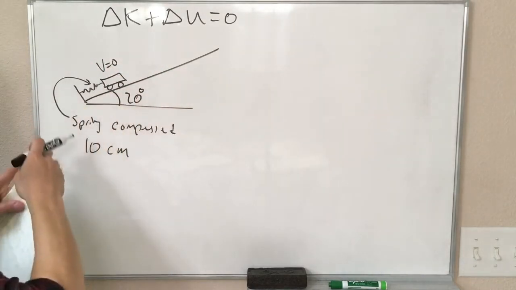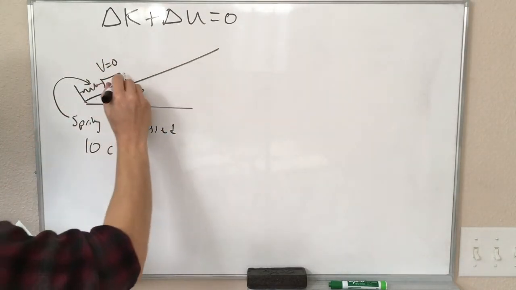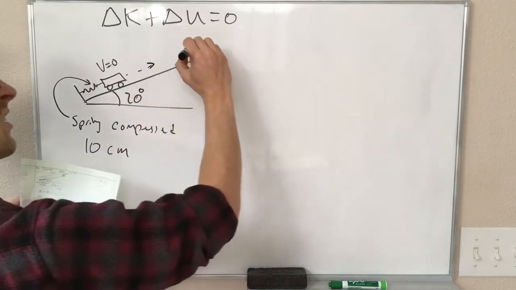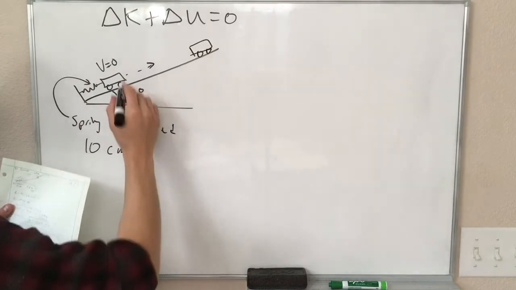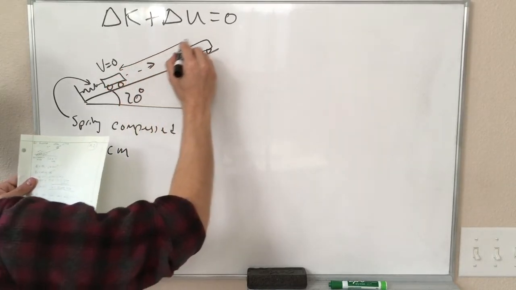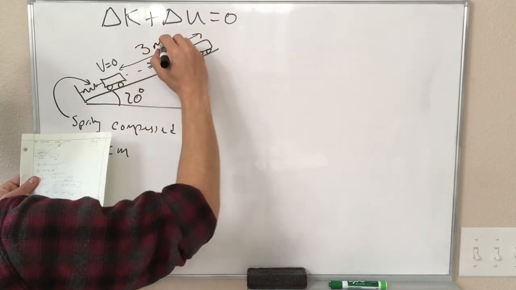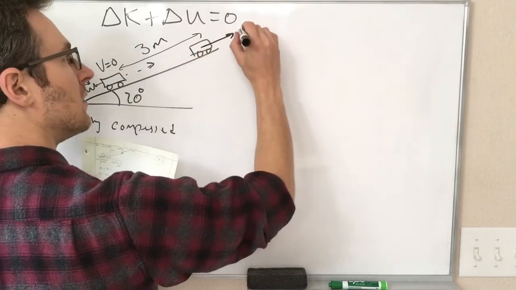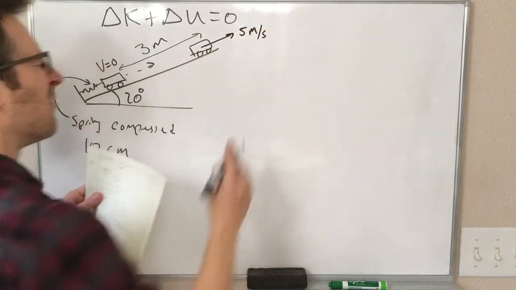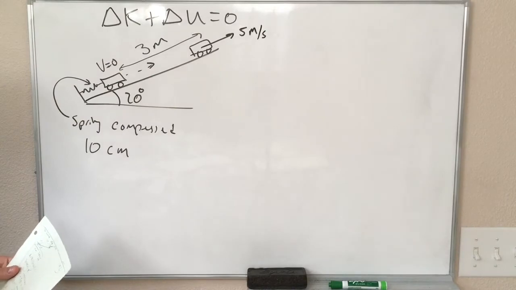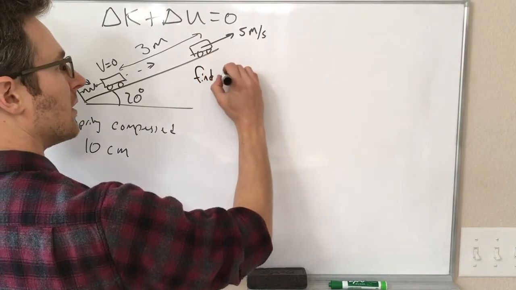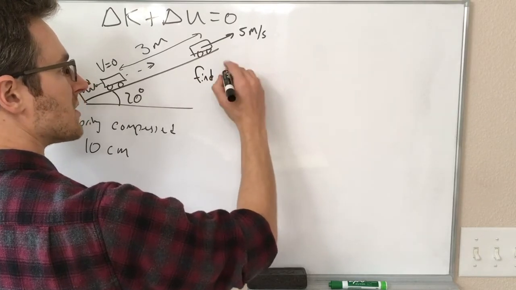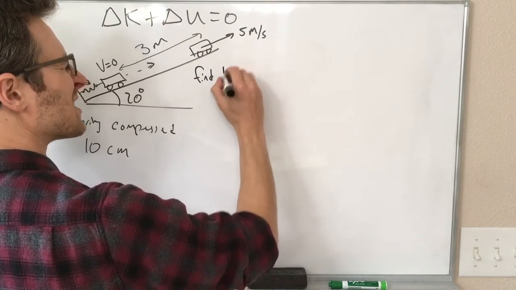So the spring is let to expand. It pushes on the car, it accelerates, and the car ends up here at the top of the ramp, a distance of 3 meters away, and it has a velocity of 5 meters per second. So we would like to find the spring constant, K, lowercase k,